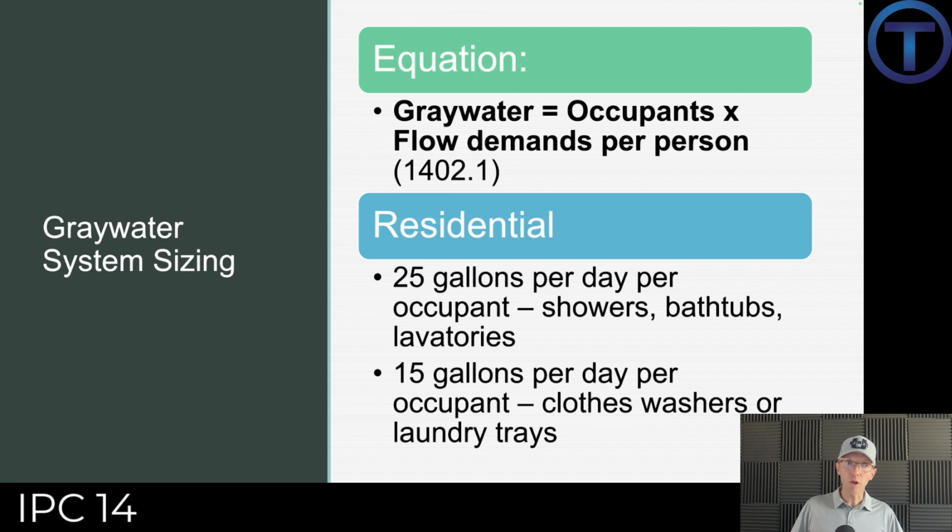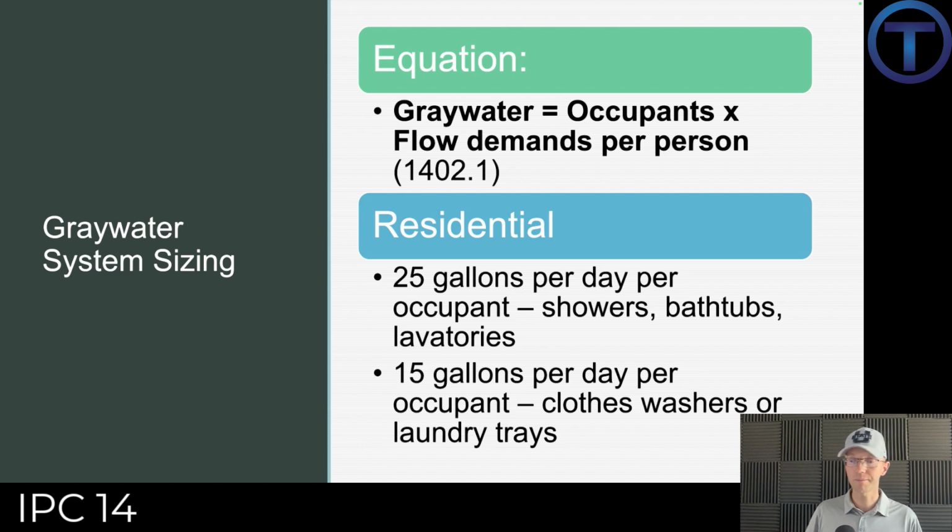Here's the flow demand per person. It says residential, you'd have 25 gallons per day per person for showers, bathtubs, and lavatories. And you would add 15 gallons per day per person for clothes washers and laundry trays. So basically, you're just going to count heads and figure how many people are normally going to be in here, calculate according to that, and add up my total gallons. Then I have an idea of how much gray water is going to flow per day